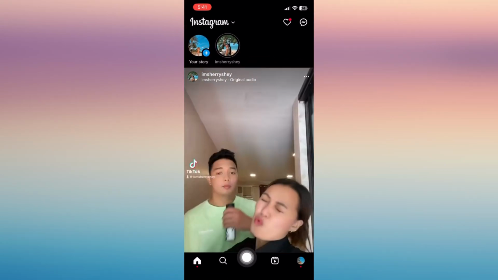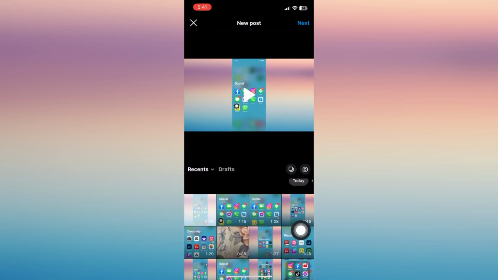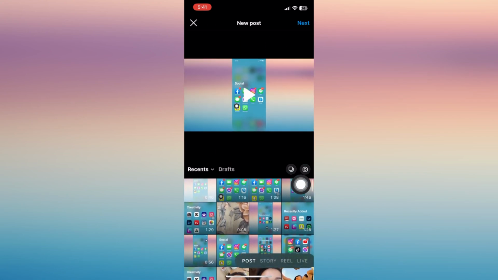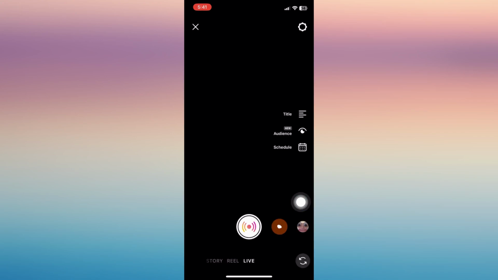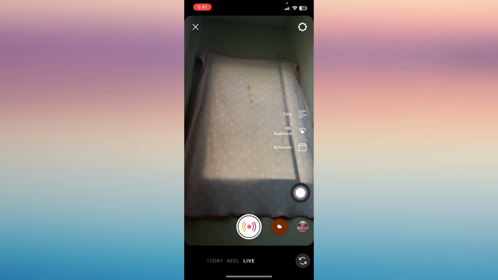So first, open your Instagram account, tap on the plus icon in the center, and then you'll be able to find your four options. We have post, story, reel, and live. Now tap on that live option, and then on the right side you can see this option for you to